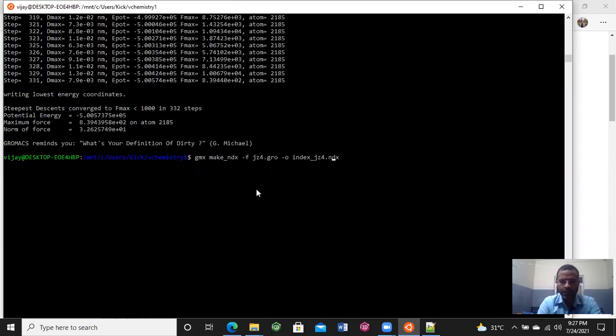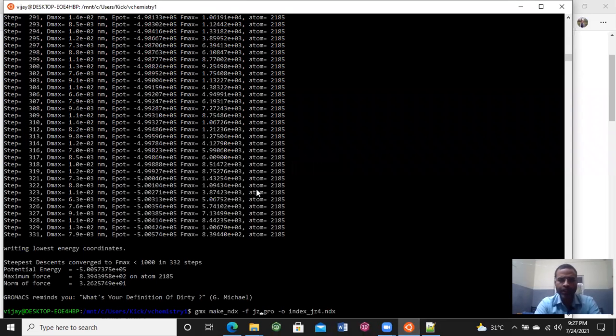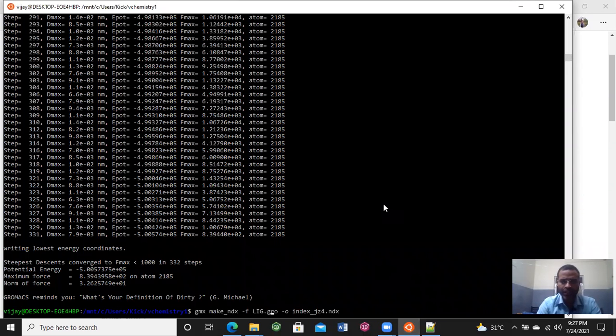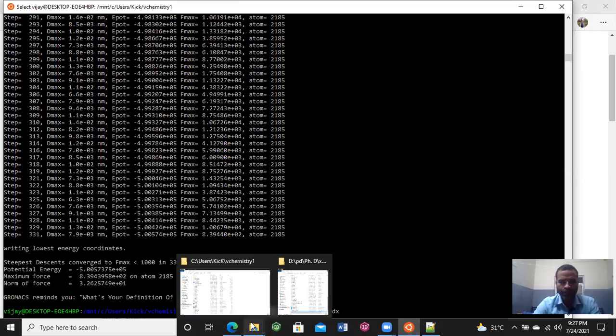Now we need to know that the Z4 is not our ligand. Here we write Lig, that is our ligand Lig, and the output file -o parameter should also be changed according to this line. That will be index_lig, and go for the cross checking that your folder contains lig.gro or not.